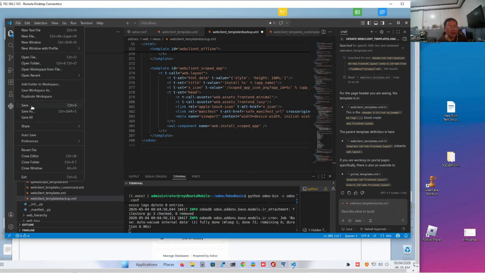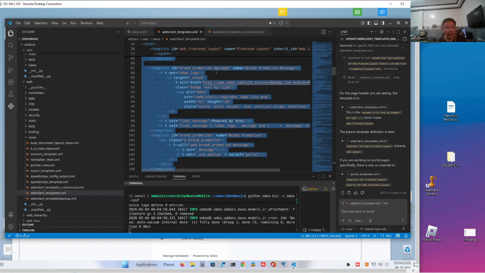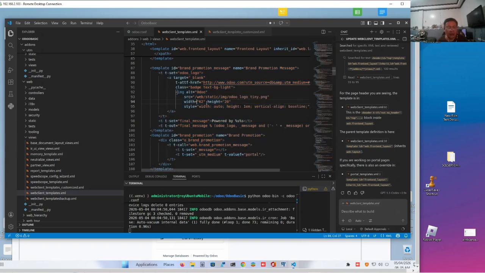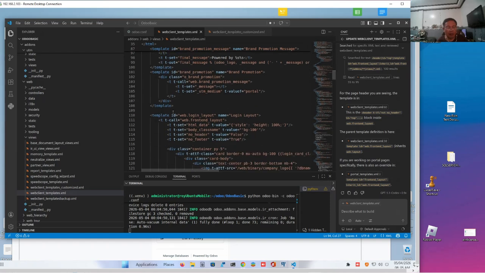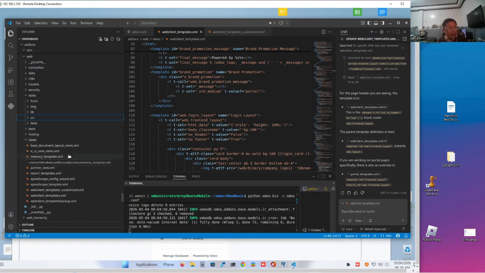So now we'll go back to our actual web client. We will close this so that we don't accidentally change it. Anyway, we have put a header. The next thing to do is the most critical part. We are going to put a style that will impose a background. Now we cannot put it in the regular CSS file that's found in static src here. That's because if you put a CSS here, the Mac web theme will override it. So therefore, we'll have to use an inline style.